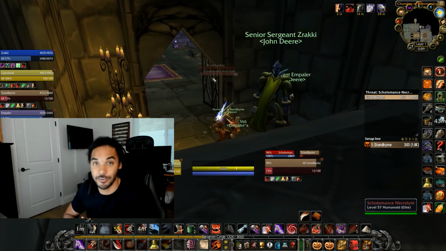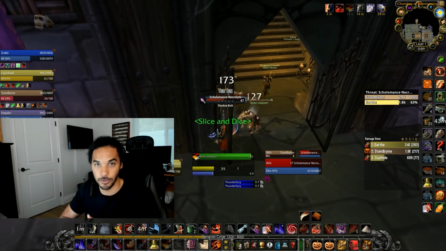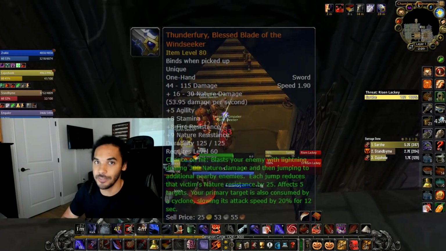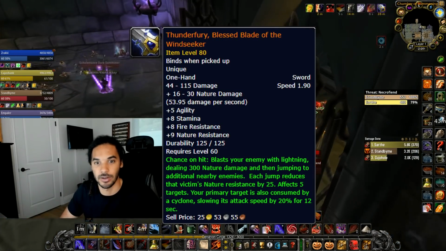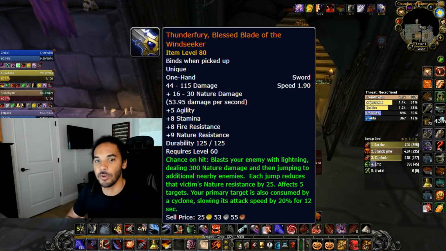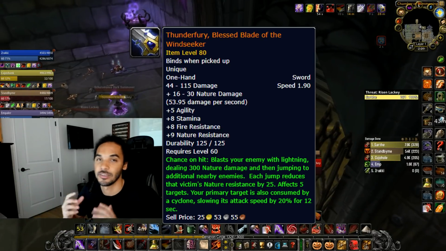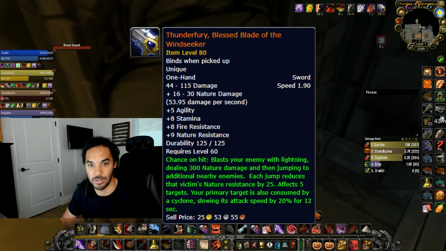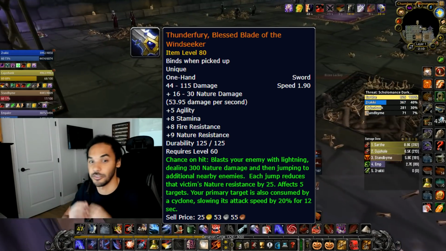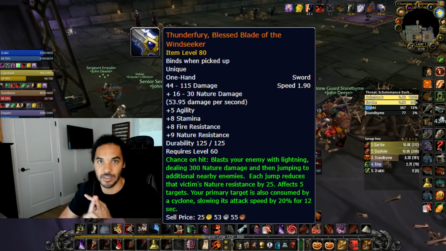Alright guys, I got Thunderfury last week and this video was supposed to come out on Tuesday, so we had to switch things up with a little bit of hoopla, but let's break it all down. Thunderfury, the Blessed Blade of the Windseeker. It is a 1.9 weapon speed sword with 44 low end damage, 115 top end damage, and an additional 16 to 30 nature damage. So it does 53.95 DPS, which is pretty great, 5 agility, 5 stamina, 8 fire resistance,